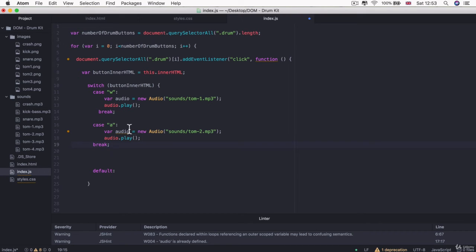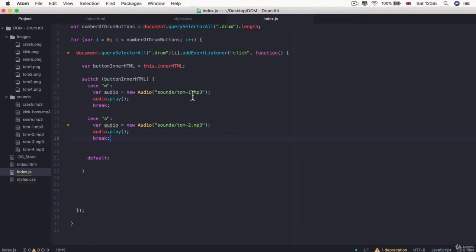The switch statement looks a little bit weird, because instead of having, for example, an open curly brace here and a closing curly brace here, it actually has a colon and a break keyword instead. But just know that it's basically the same thing. Between the colon and the break keyword are all the things we want the website to carry out if the button inner HTML was equal to this particular case. Now, in this case, instead of calling both of our sounds